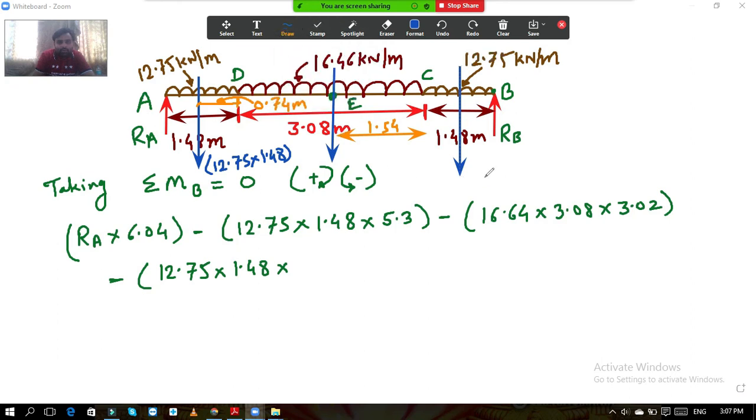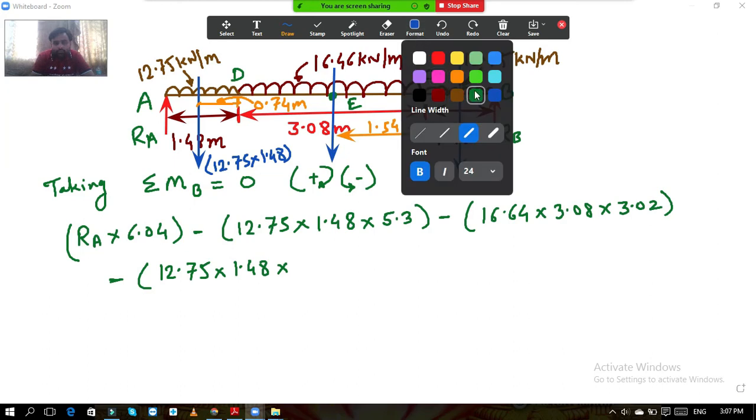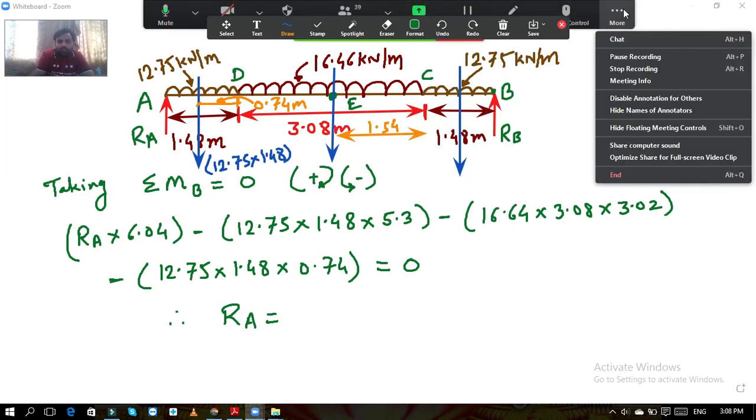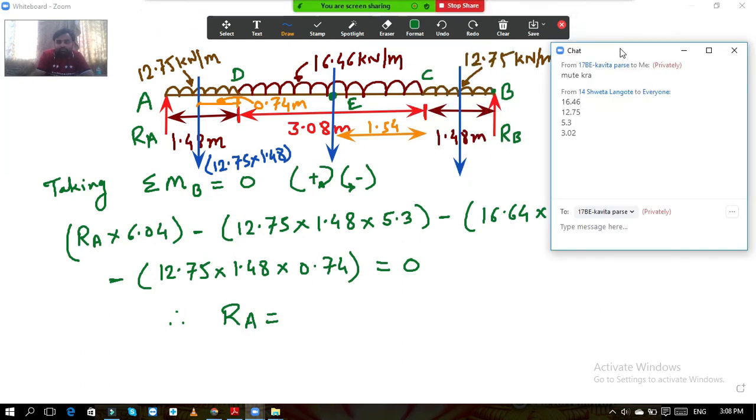So this distance will be 0.74. Now this RB is passing through point B, its moment is 0, so all this is equal to 0. Therefore RA is equal to,